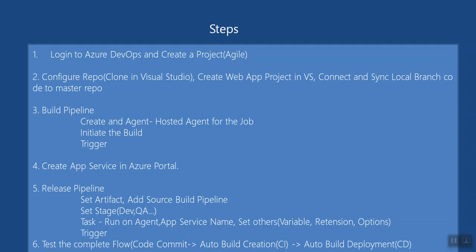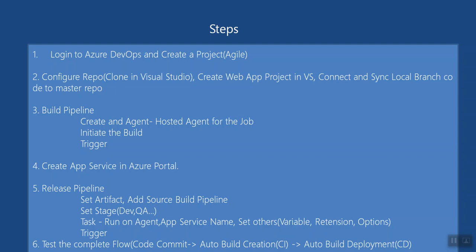The fourth one is a prerequisite for a release pipeline. Step number 5. So before release pipeline means we are going to actually deploy this. Once the build is ready, there will be no manual intervention. We'll create the release pipeline where we'll set the artifacts, add the source. We'll do a settings to select the build pipeline. We'll also say which kind of build you have to take, the latest version or associated tag or associated pull request number or whatever. But we'll keep this simple one again. We'll take the latest build and we'll create the release pipeline.